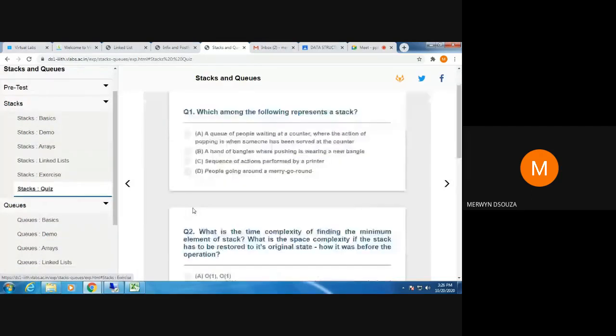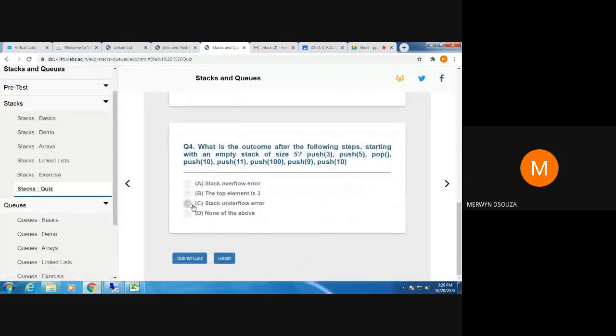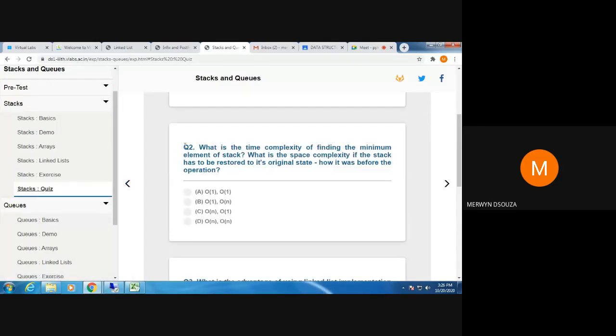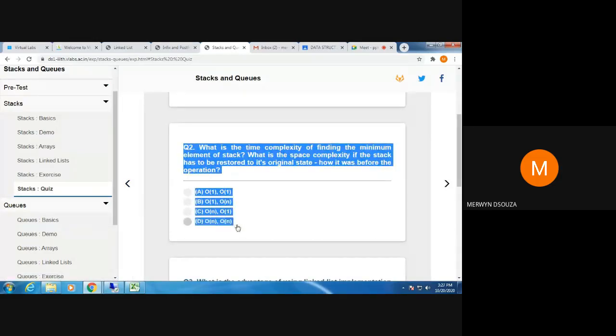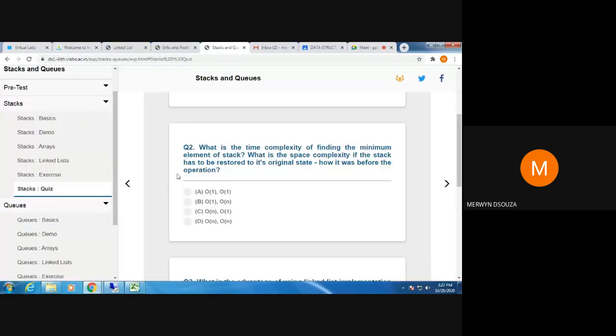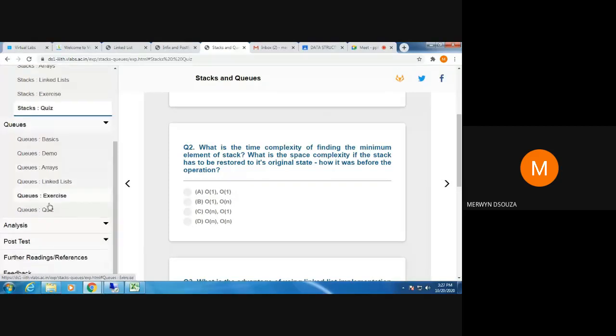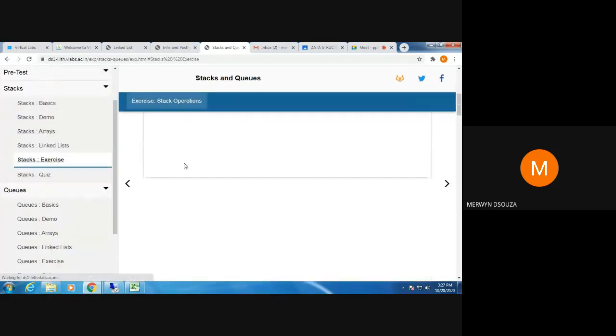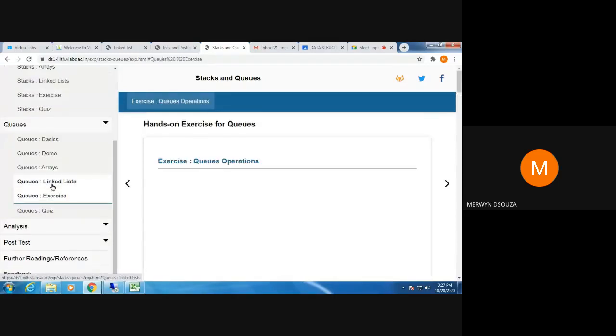Some things may be covered in some other subject in your syllabus, so you omit those things. For example, this thing is not there for you currently in data structures. Whatever is not there, just leave that part and you can put any of these options. It does not matter, as this is a practice quiz. So you can just practice all these experiments. All these 3 experiments you need to go through. There's also one practice exercise that has been given to you here. Practice these concepts and become thorough with this.